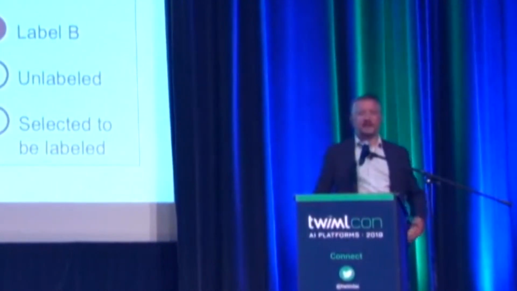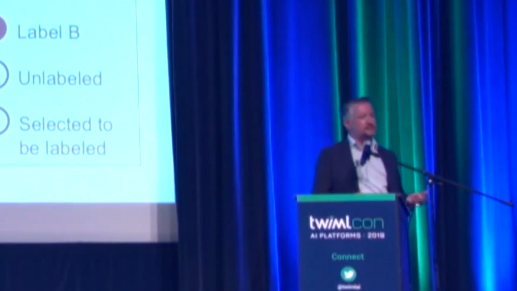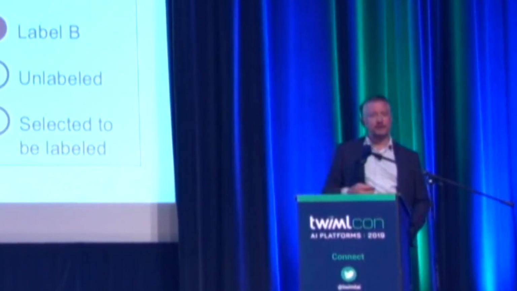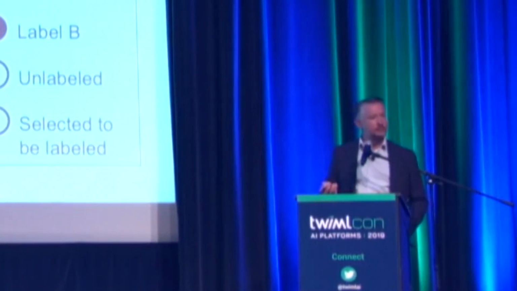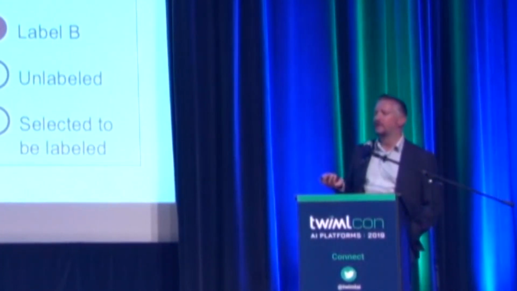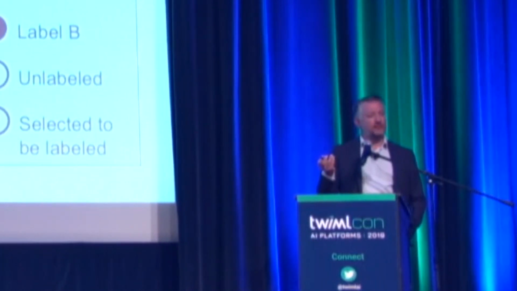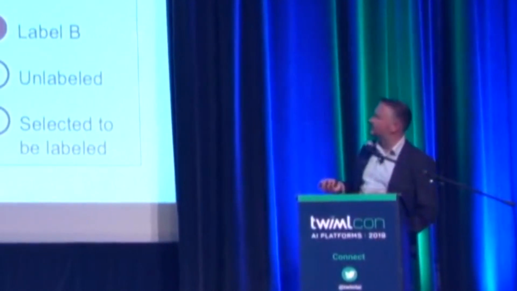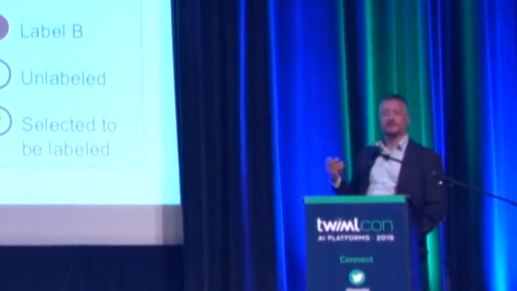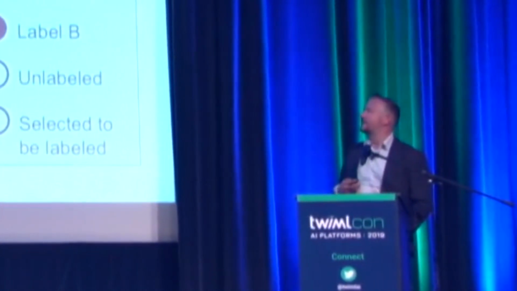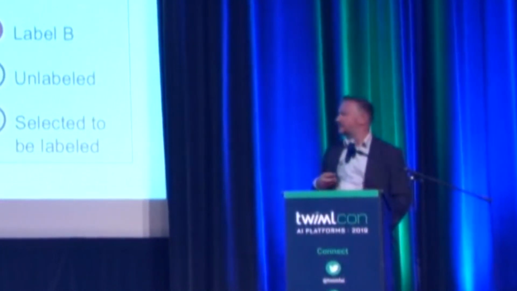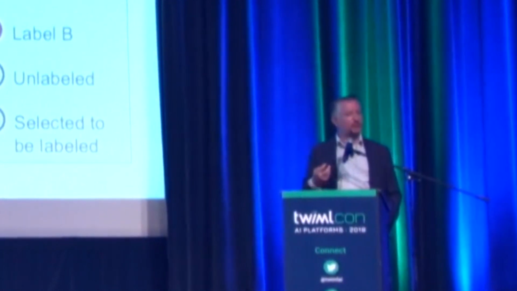So broadly, this is what a human-in-the-loop system might look like. You have a large number of unlabeled data items. You're applying a machine learning model to label those items or to structure them or extract information from them. Active learning is the process of deciding which of those unlabeled data points are the most important ones to put in front of humans for revision. Once you have those human annotations, then that training data can be used to update your model.